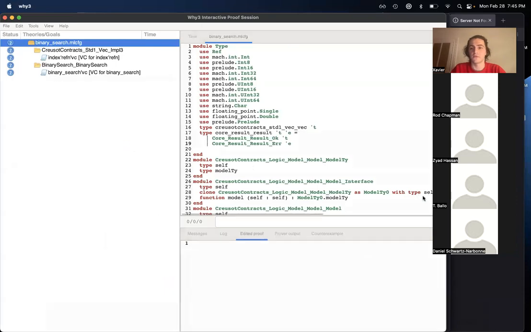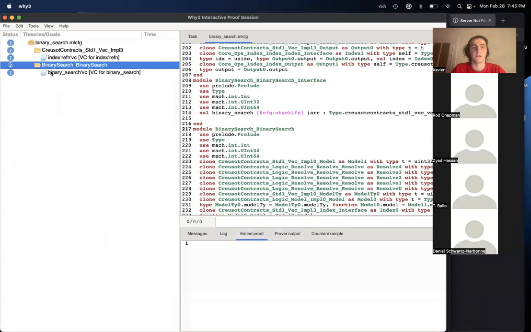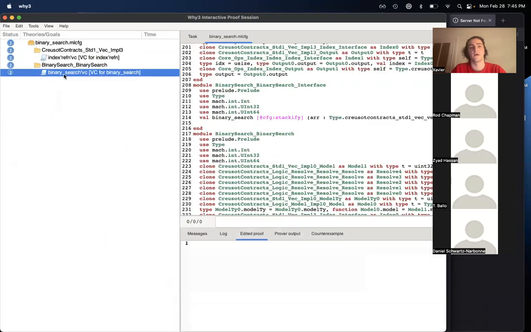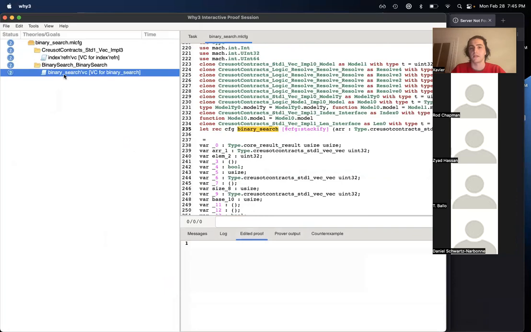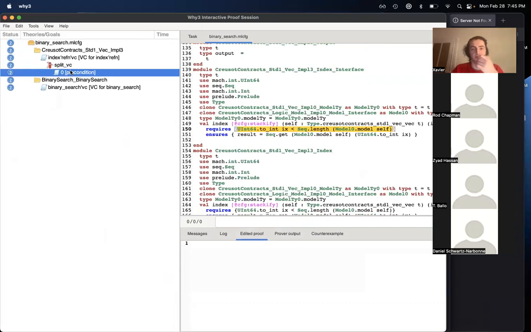So we generate this file, we load it up into Why3, and on the left-hand side, we can see these two icons here, which represent proof obligations that remain to actually be fulfilled. So we can run standard tactics in Why3. Why3 has support for a form of tactics called transformations.